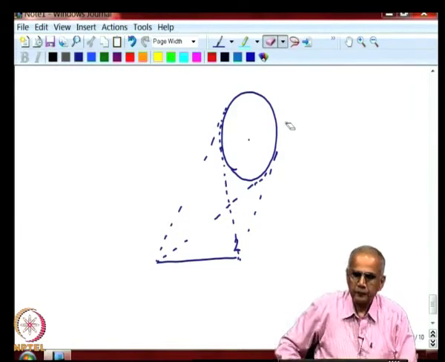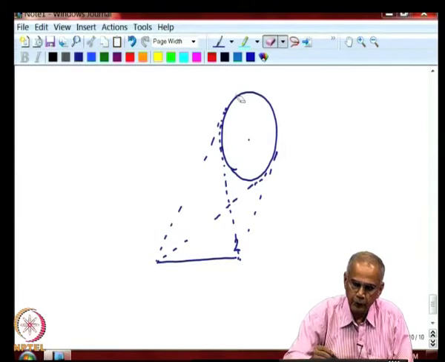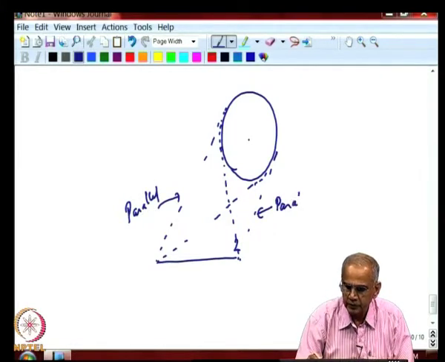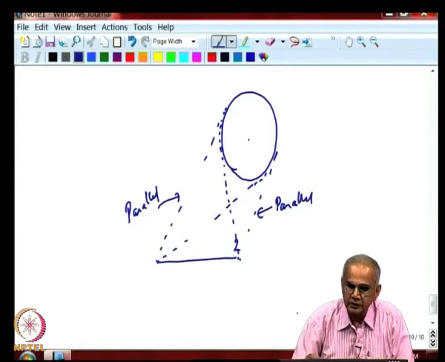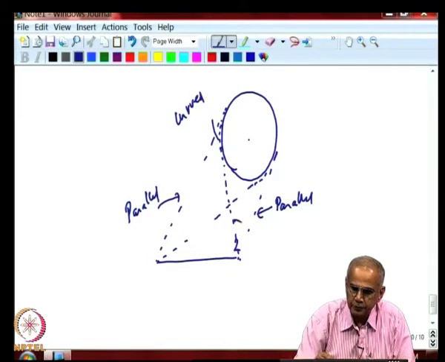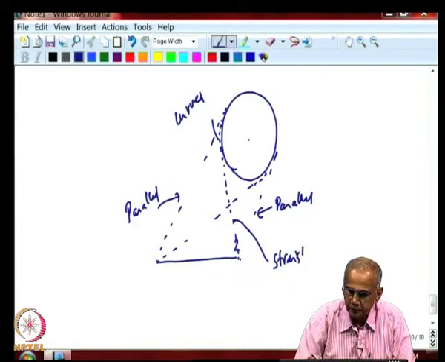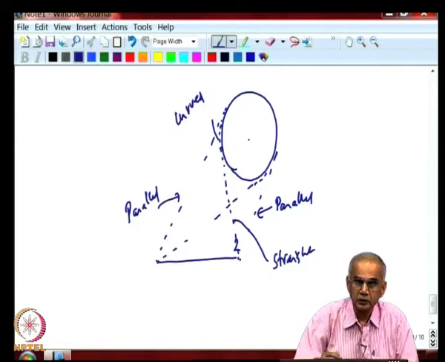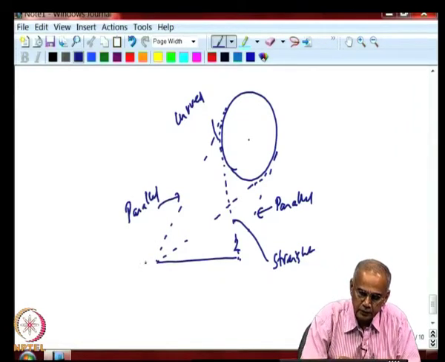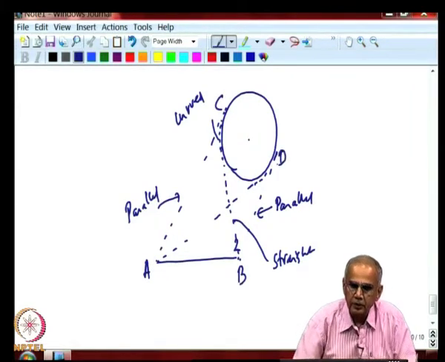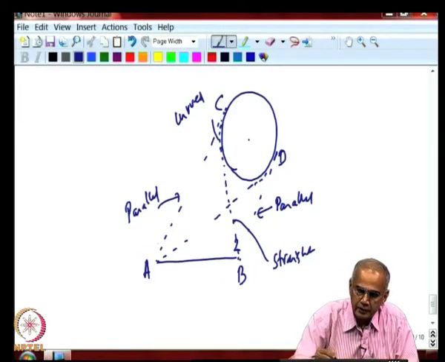So, you can see that the 2 parallel strings, this one and this one, are just straight lines, no problem. But the cross strings involve a curved portion and a straight portion. So, what you have done really is that you have again constructed two triangles. Let us call this A, B, C and D. You have considered one triangle A, C, B, A.